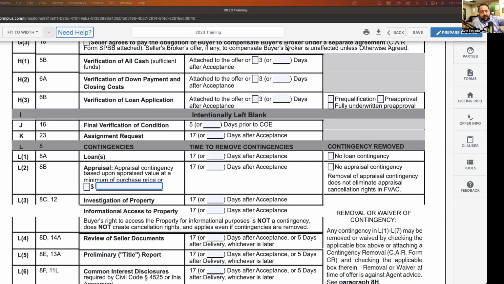And you say, let's say you do, the list price is 500, you offer 560, you write in there, it has to appraise at 500, and it appraises at 501, right? Which means now you're $59,000 difference. And then the seller goes, great, perfect, we're continuing on at 560. And you say, oh, no, we want to reduce the price. Well, hold on a second. You said as long as it appraised for 500, and it did, which means now I can't use my appraisal contingency to cancel.